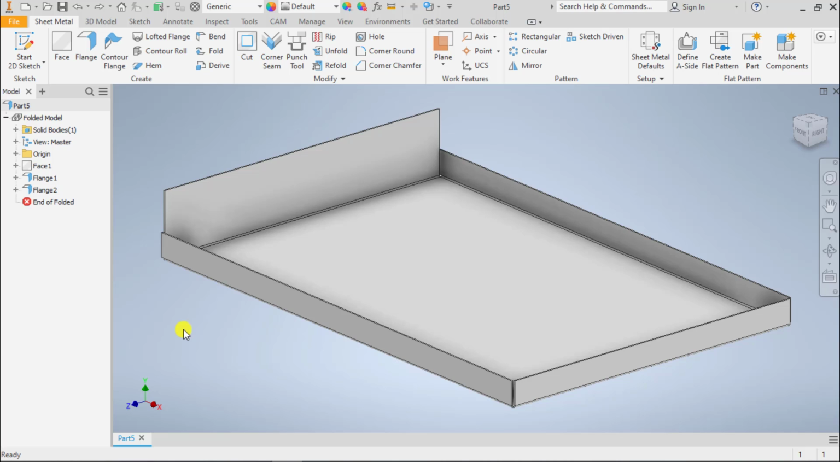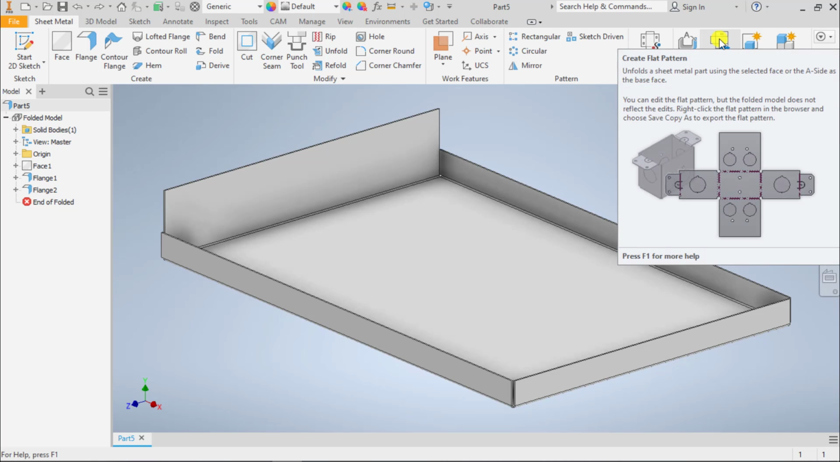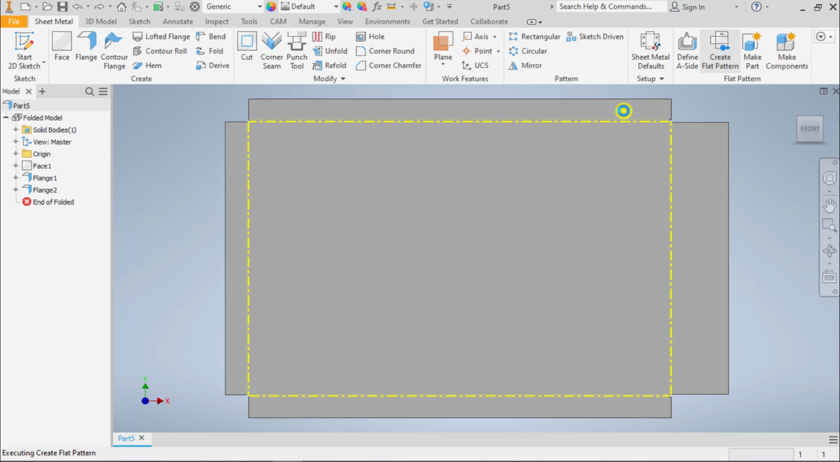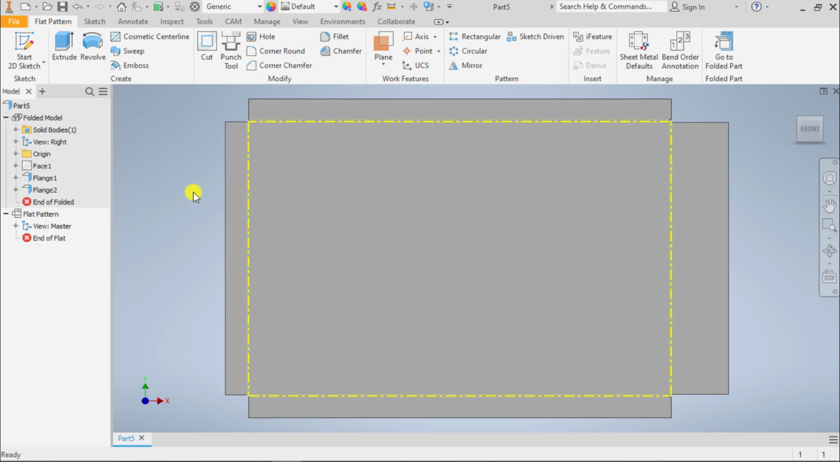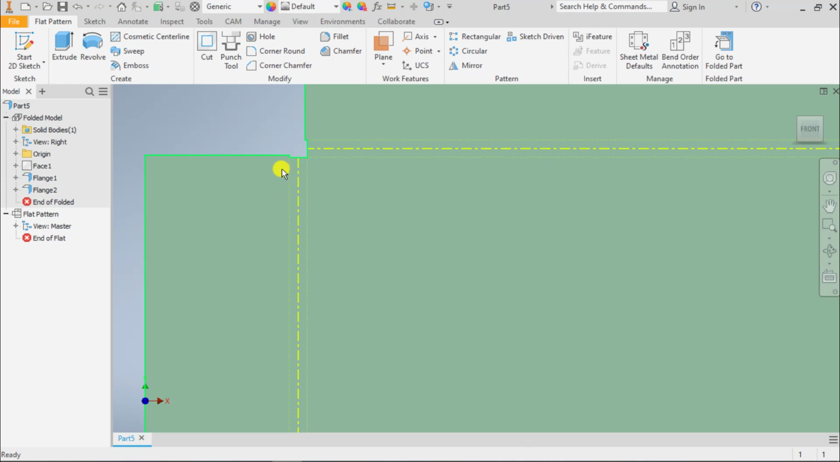Laser, water jet, press, however you're going to form that flat pattern or development so that the part can be folded. And we do that with a flat pattern. So really simple. We click flat pattern up here, and it's going to automatically unfold our model, showing us all of our bend locations,